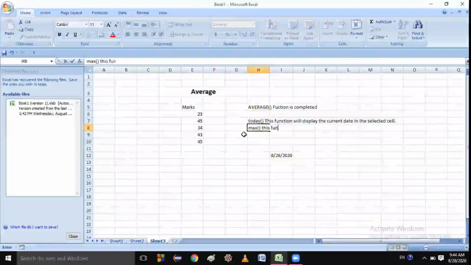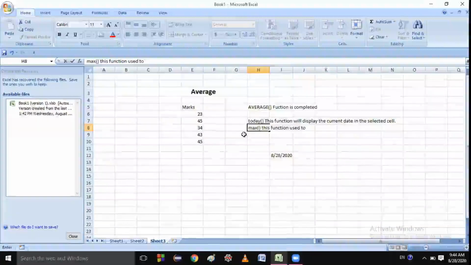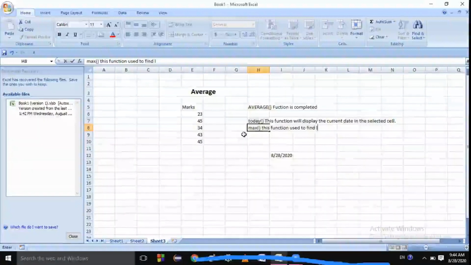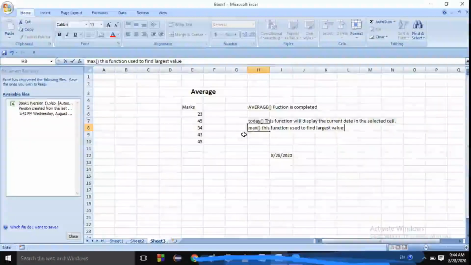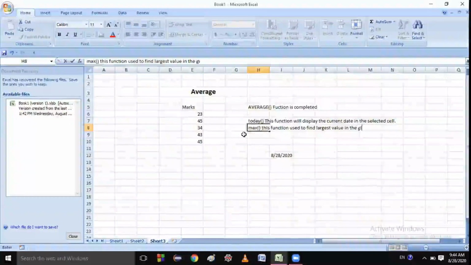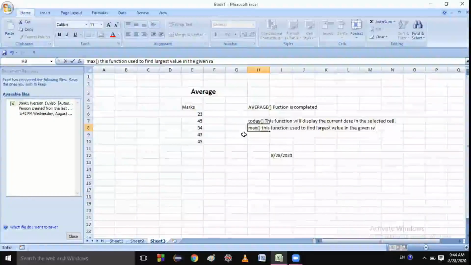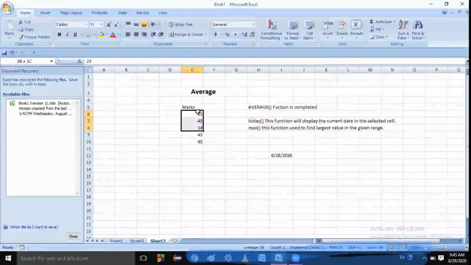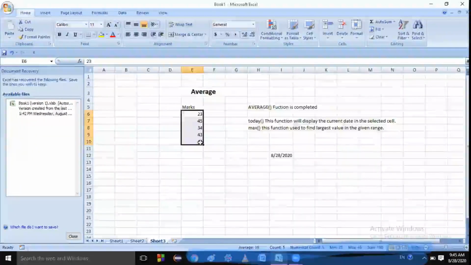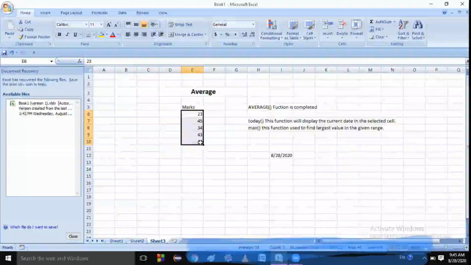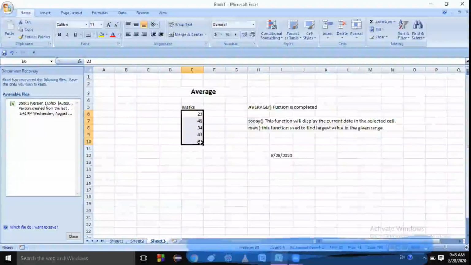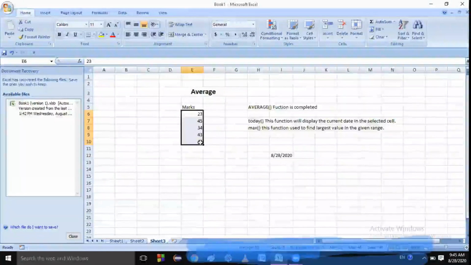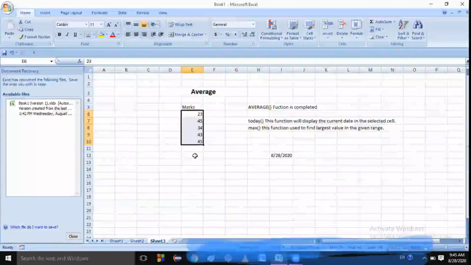This function is used to find the largest value in the given range. That means, suppose students, I have this range from this one to this one, this complete range, and I want the number which is max, which is the largest. So basically this will give the number.